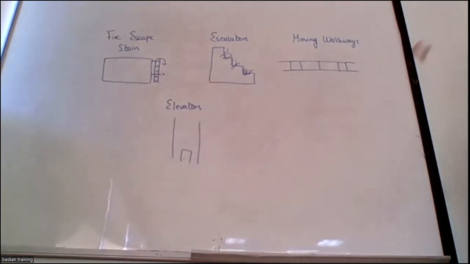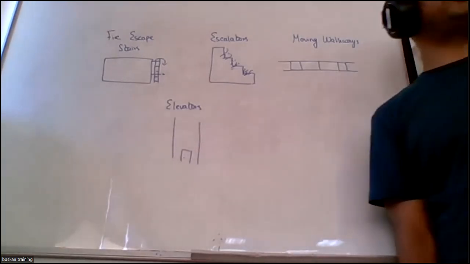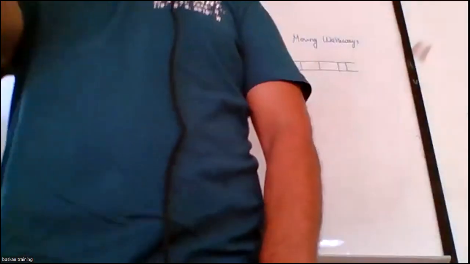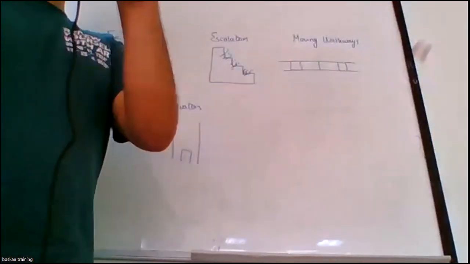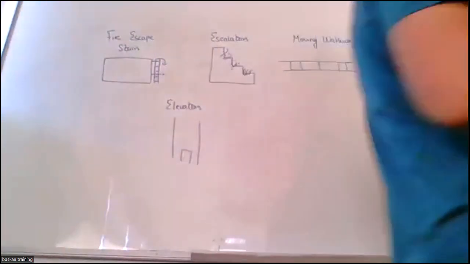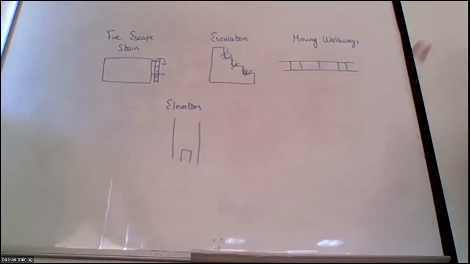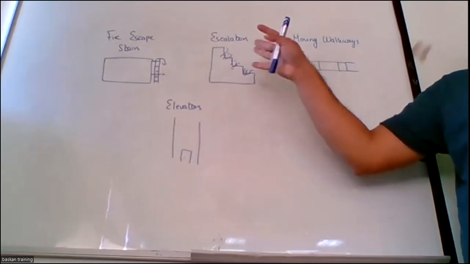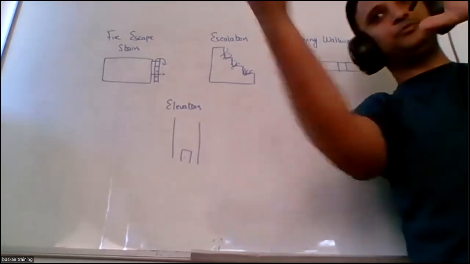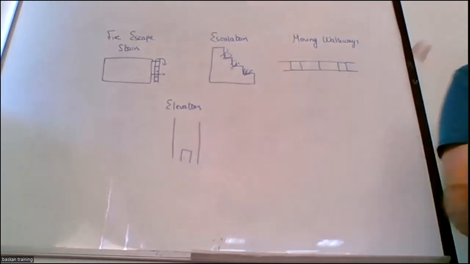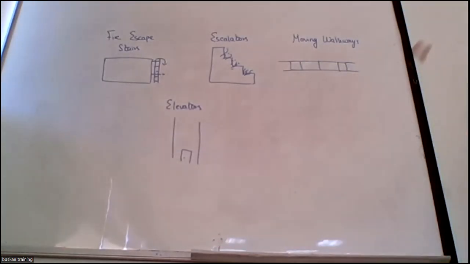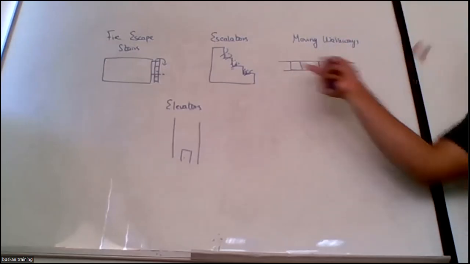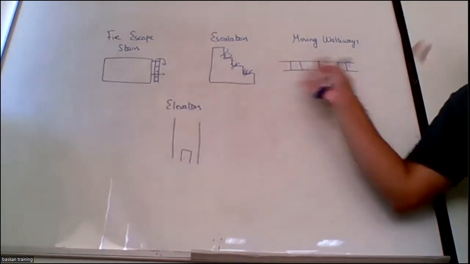Elevators, same. They also have no vertical protection. They usually have openings. Stairs, yeah, in building stairways, there is concrete at the bottom, no? Right? It's completely sealed up. So between the treads, nothing is coming up. But in escalators and moving walkways, because the belt is moving down, there is an opening there. So wherever there is an opening, there's always a chance it's going to block. So if I'm going to design means of egress, I will not include them because they are vulnerable. Anytime they can compromise my escape.